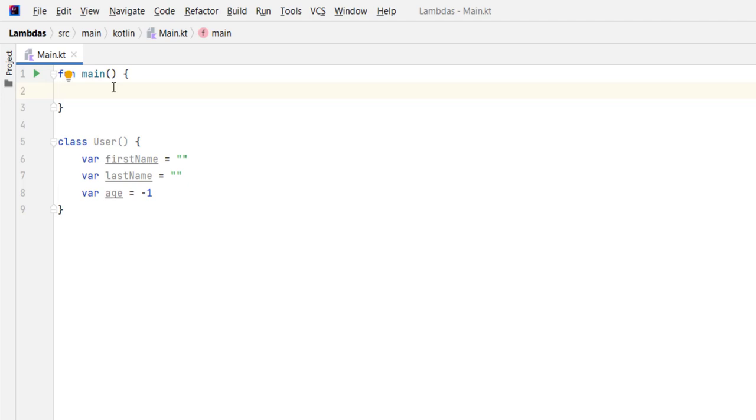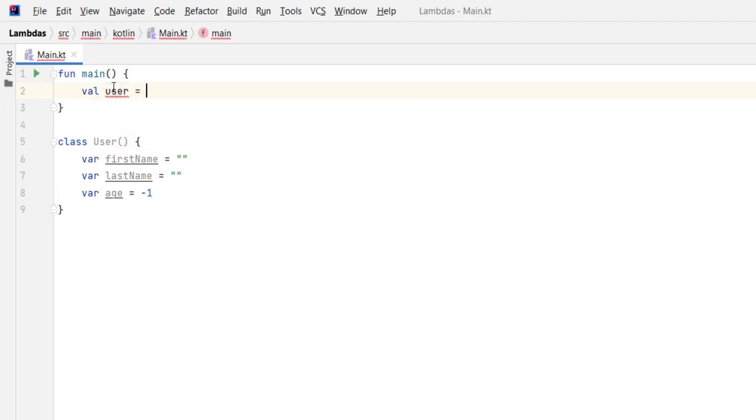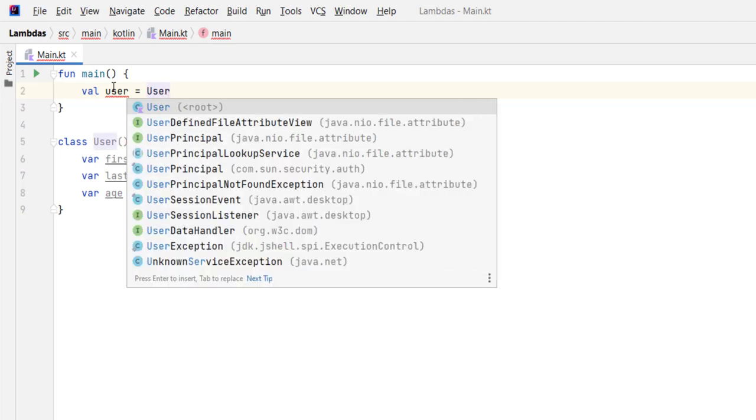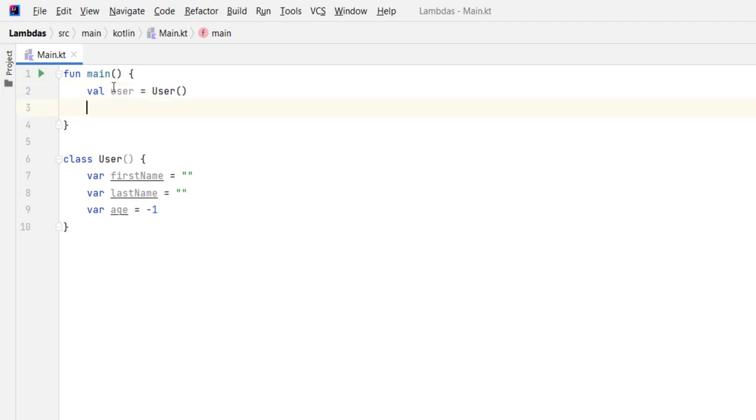Now here I'm gonna create a user, so I'm gonna type val user equals User. We need to call the primary constructor, but we don't have any properties there because the properties are defined inside the class. And now if you want to define values to our properties, firstName, lastName, and age, for our user object that we create, we need to type user.firstName. We did this in a previous video, equals